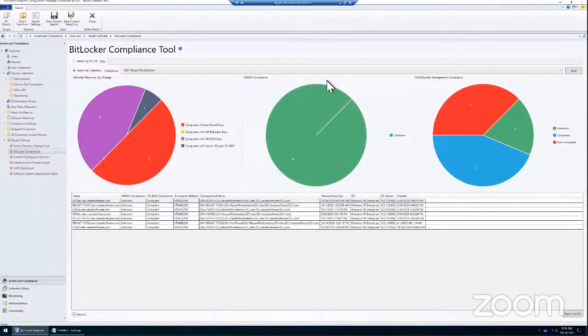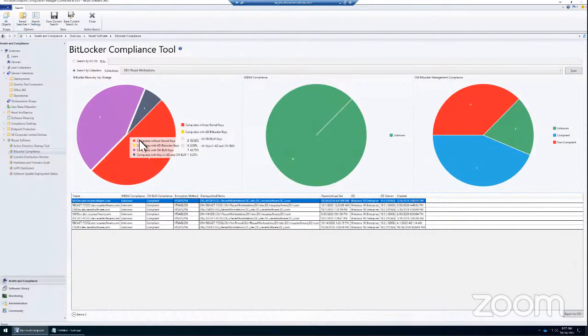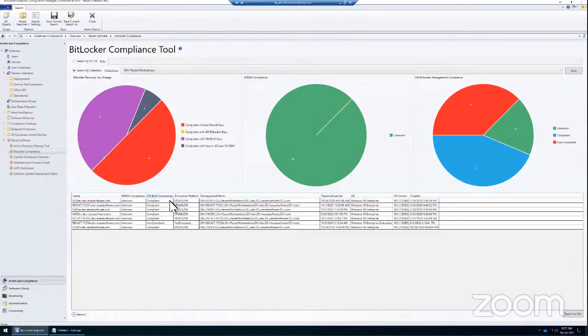Speaking of the MBAM dashboard, we had someone ask in that webinar if we can include the encryption method in the data grid down here. So we added that in here. You can see that all these machines are encrypted using XTS AES 256, my favorite, of course. And then furthermore, if you need to launch the BitLocker status tool from here for whatever reason,